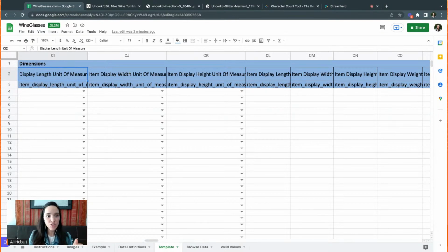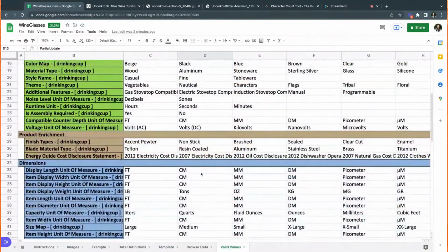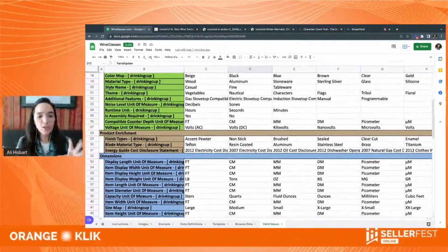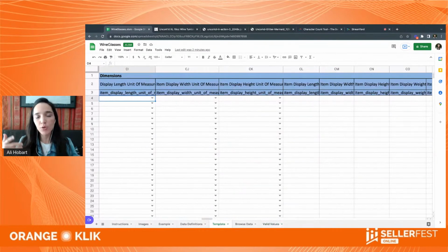So be sure to pay attention that, for example, first it's asking for the length unit of measure. So first you need to do not the number, but the unit of measure. So you're going to choose here, if you go to valid values, it's going to be inches. If you go here to blue, feet, centimeters, inches, whatever it is. Make sure you get the correct one, especially if you're working with foreign suppliers, like Chinese suppliers, they will usually give you in centimeters. And by default, sometimes you have inches. Choose the correct unit of measure, and then here is where you would put the number.